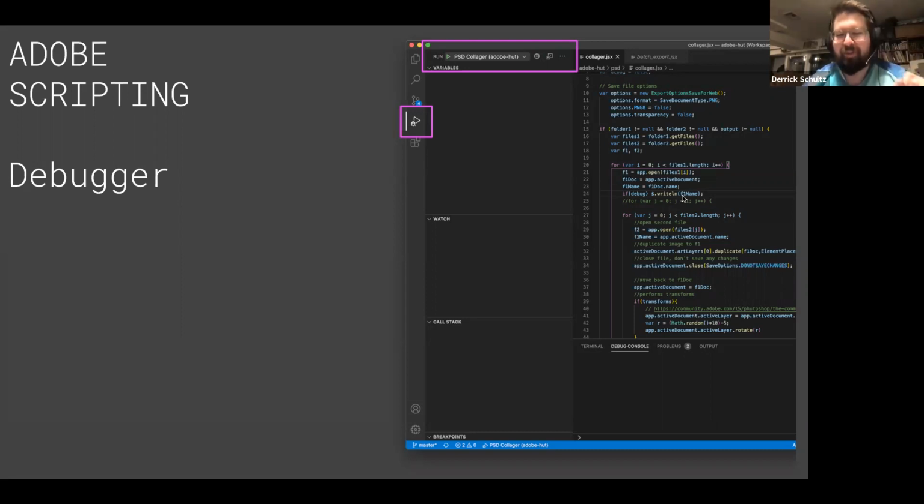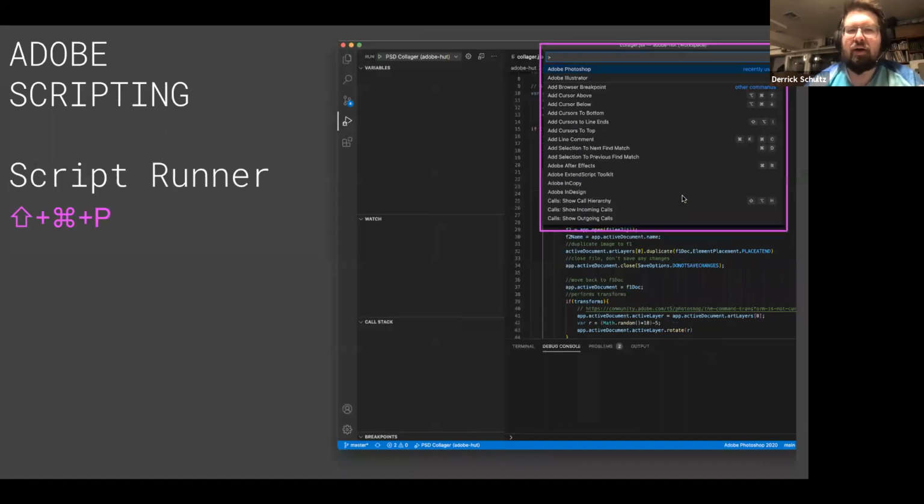I would be very careful about using alerts in your scripts, because it can also put you in an infinite loop where your Adobe application just starts spinning. You have to restart everything. So just be aware of that. These are challenges you'll run into as you start to make your own scripts. So debugger is probably the safest, but it can be a little annoying. Script runner is the next safest version, but has some hiccups.